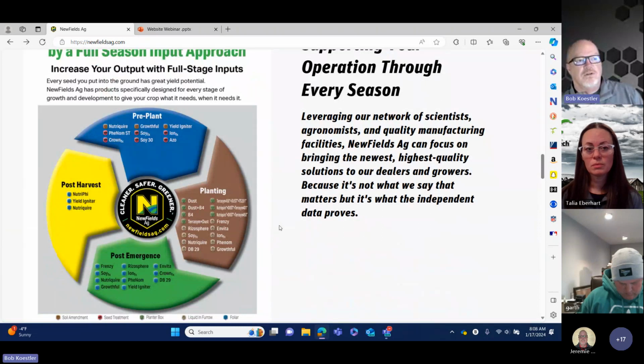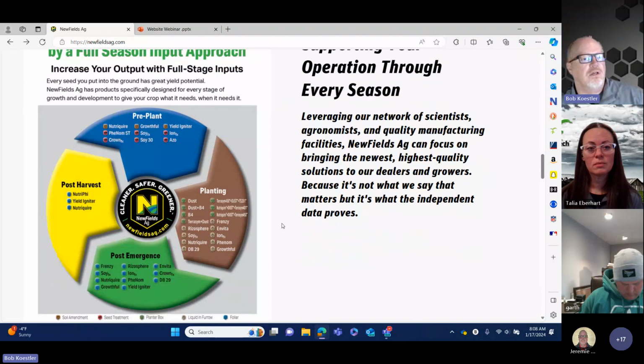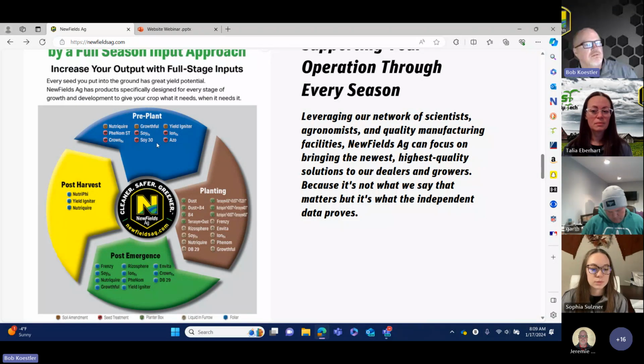We believe that Newfields Ag provides solutions for a full season input approach, and we've listed this here. This is a great item to study as a buyer or grower, and also a great tool as a reseller to show you the products we have at each stage of the season. The pre-plant, which includes your soil amendments, your seed treatments, seed coatings, and your planting, which will be your